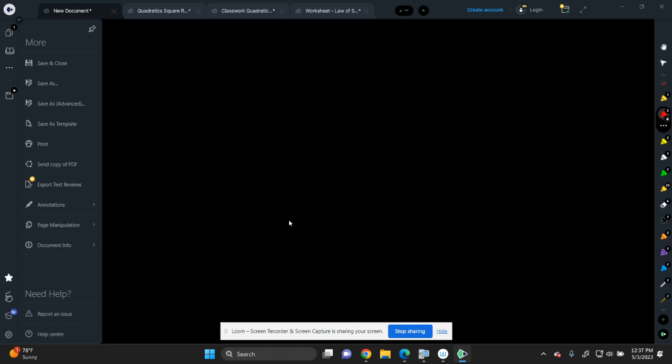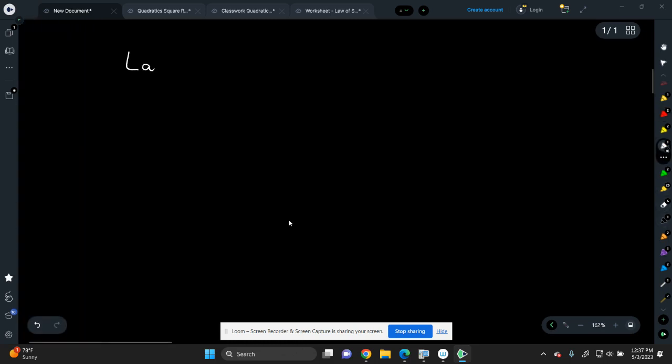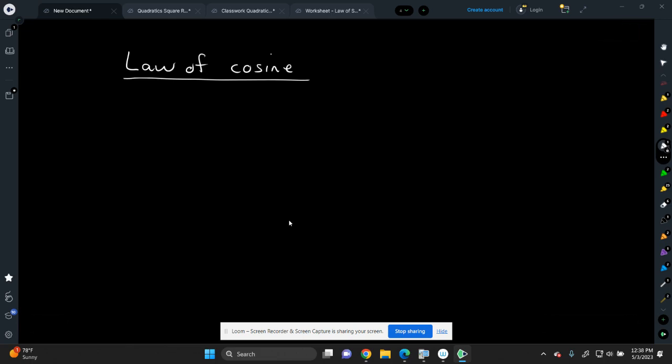Okay, so the law of cosine. Okay, again, I'm going to give you the formula. I don't memorize which triangles are going to use it, whether it's side, side, side, or side, angle. I don't bother with that because it just intuitively makes sense which formula you're going to use based on the information you have. If you try to use the law of sine,